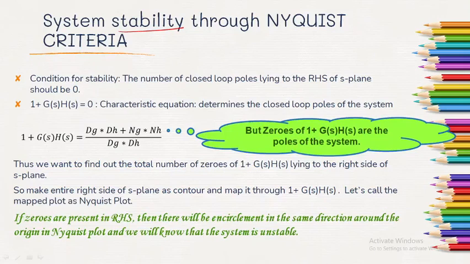So for any system to be stable, for any closed loop system to be stable, we say that if we are having the S plane, then all the poles, systems का जो क्लोज लूप ट्रांसफर फंक्शन है उसके पोल्स जो है वो आपके सारे के सारे लाई करने चाहिए इन दी लेफ्ट हैंड साइड ऑफ दी एस प्लेन. ओके, and the number of closed loop poles lying on the right hand side of the S plane, they should be equal to 0.